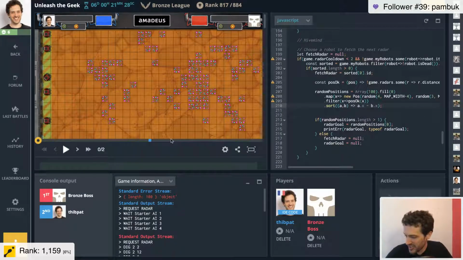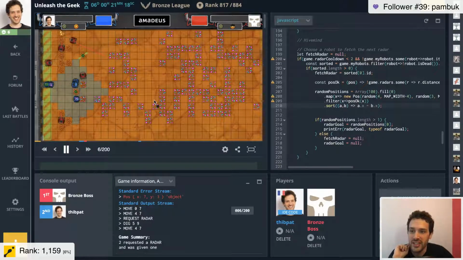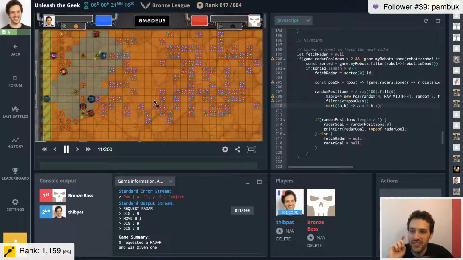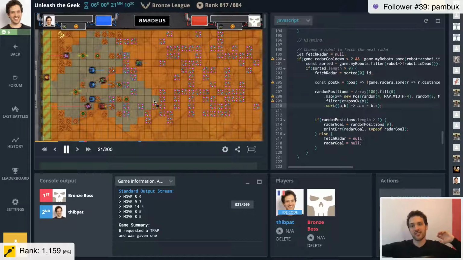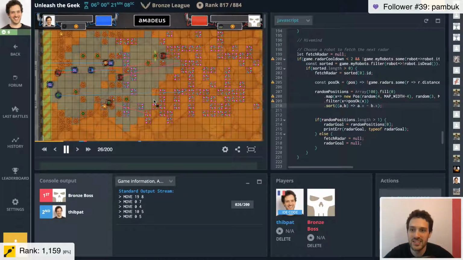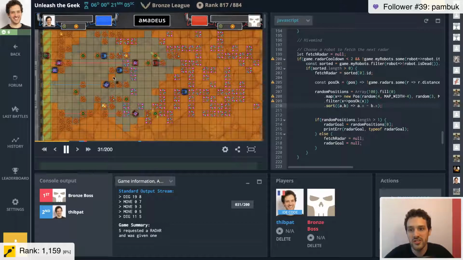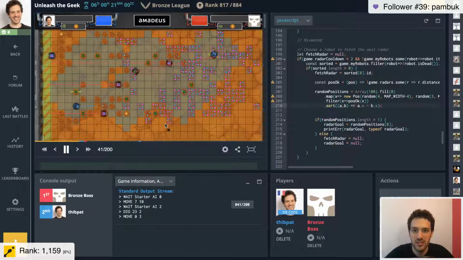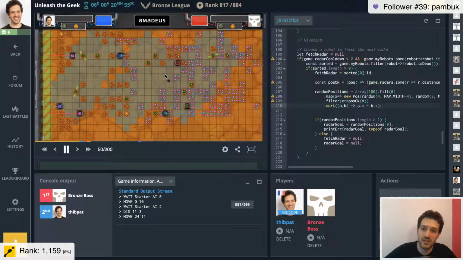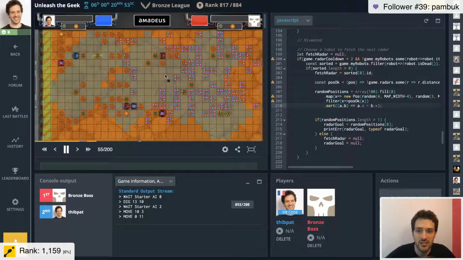Let's play the code and see, did we still fail or did we make this work? Okay, that's a lot better. We have our radar starting from the left, going to the right. Still have some holes in here, but that's okay. Oh, we died on a trap, which is okay because as we said, we don't need